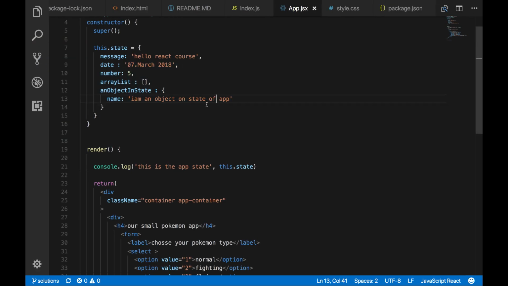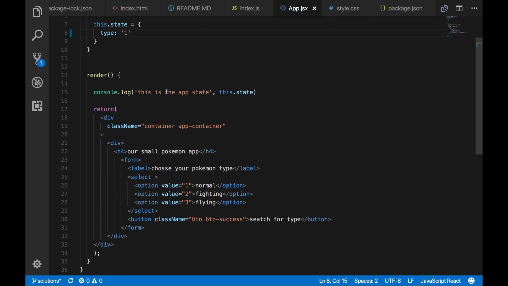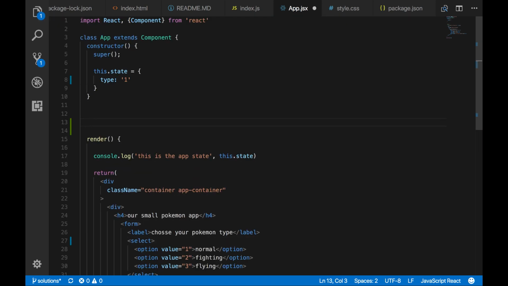So I will remove a little bit of the state here now. And let's say I give it a type, and the type is, let's say, nothing for now. Or let's say the type is 1 as initial state. So now what I would like to work out with you are methods: how to get my values here into my state. And to do so, I will create a small method. I will call it on select type change. I will give it the event,